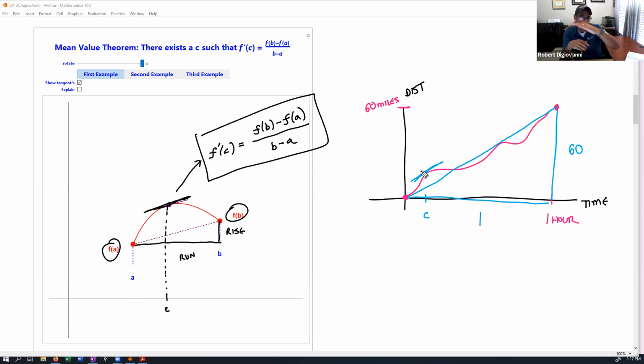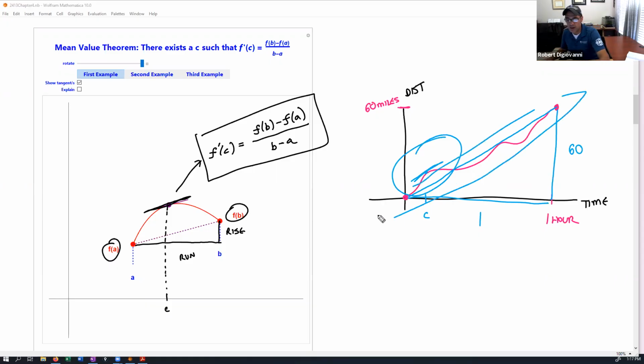The slope is a rate of change. That rate of change in here, somewhere in there, is going to be equal to the rate of change on the entire trip. Now, there are other things I could do to show you this. There are huge implications of this theorem. It's one of the most important theorems in calculus, but you really don't see it until you get to Cal 2, how we use this, unfortunately.